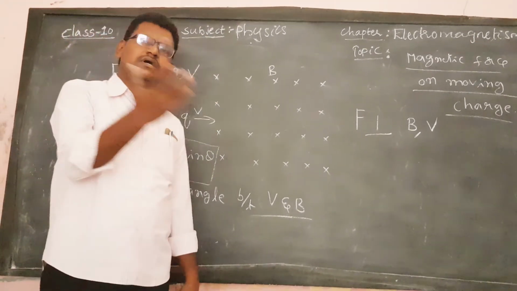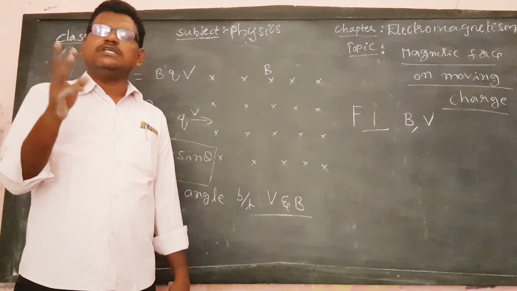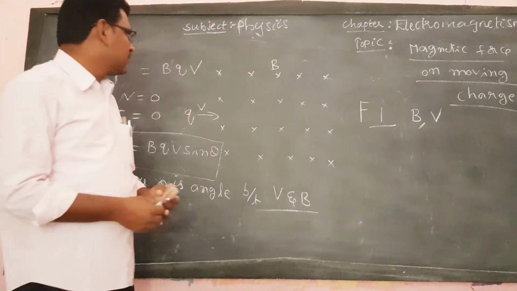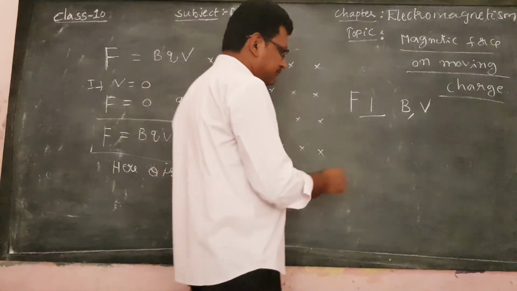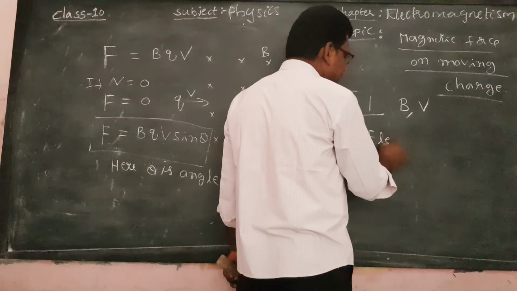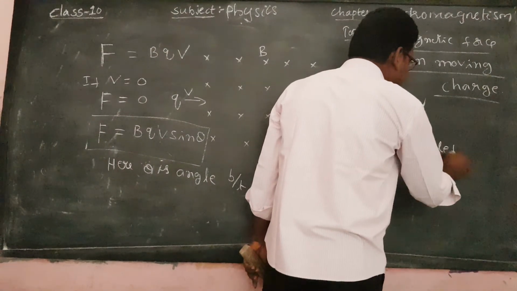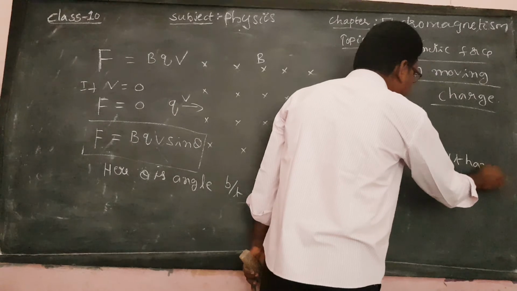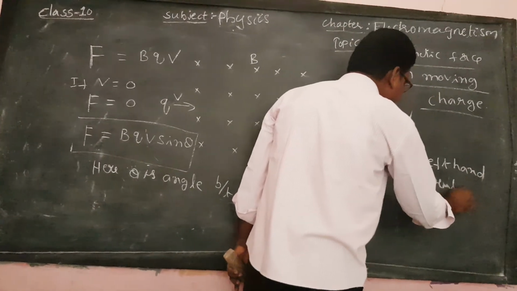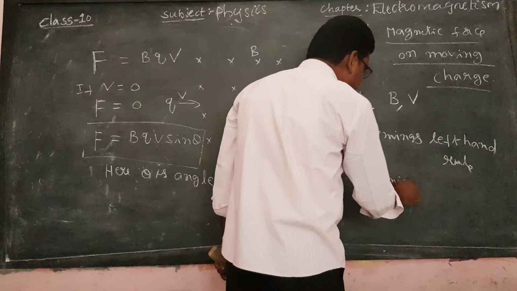So this is one right hand thumb rule. And there are two more rules. Those are, one is Fleming's left hand rule and Fleming's